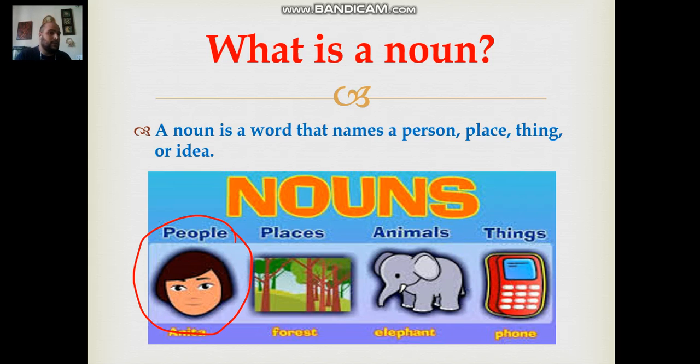Riyadh, Kingdom of Saudi Arabia, Jeddah, Al-Bahrain, Tunis, Tunisia, Egypt, Algeria, Morocco, France, Spain, the United States of America, Argentina, Mexico, all of those are names of countries, so they are nouns. The second thing is places, okay? Any place that you go to and you can name is a noun. For example, a forest, a park, a zoo, a museum, a house,